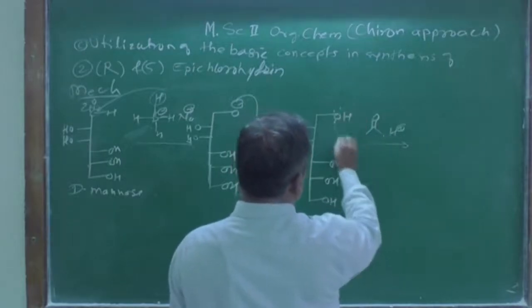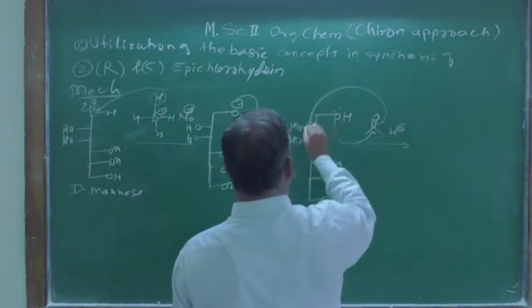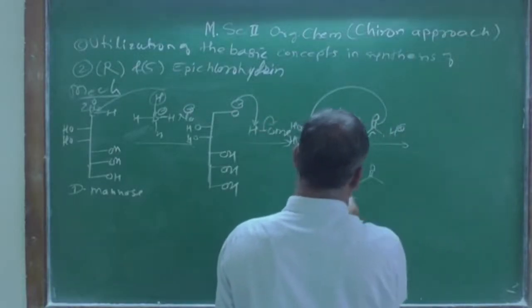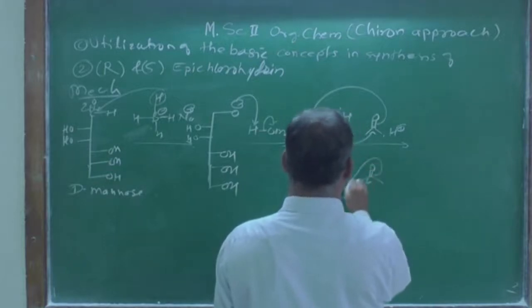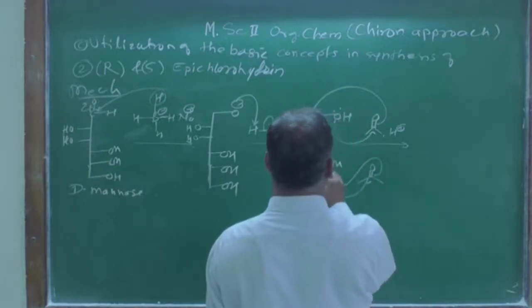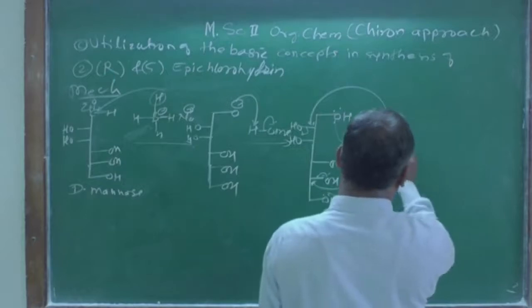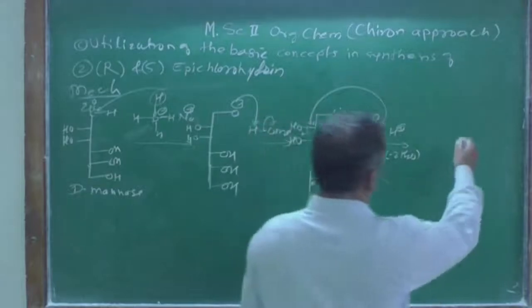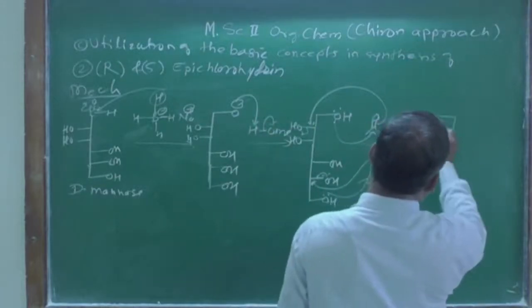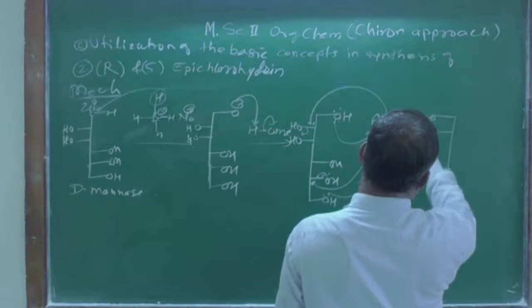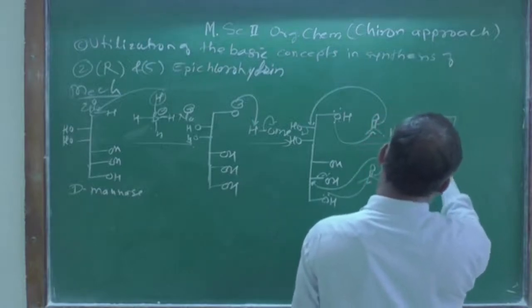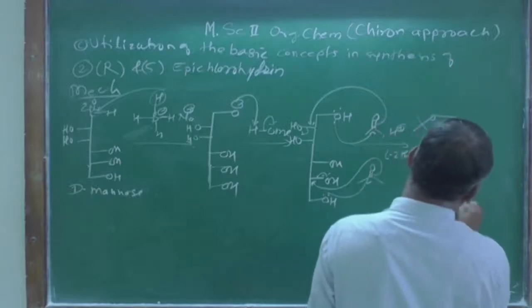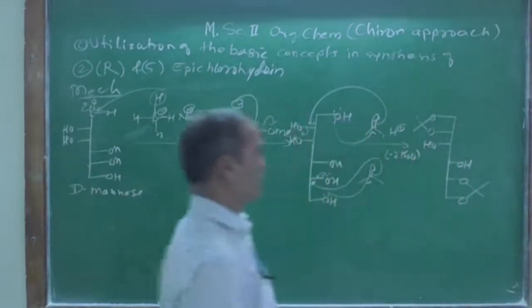OH is going to attack on this, and this is going to attack over there. There is elimination of water taking place. Same thing is happening over there. This OH attacking over there, and this is attacking on this, and there is a removal of water molecules, like 2 moles of H2O get removed. And what are you going to get? You are going to get this type of compound here, with 1 OH on this side, another OH on this side, and this O and this O get protected.